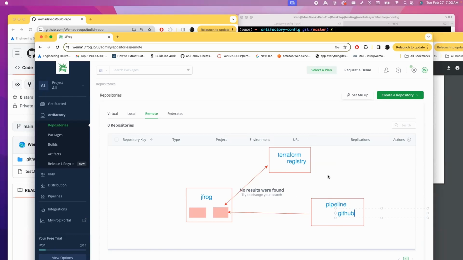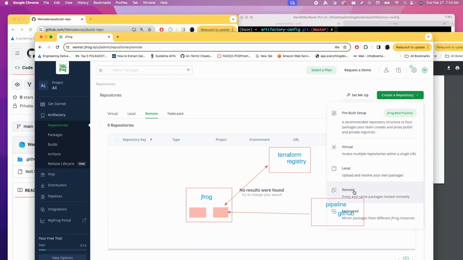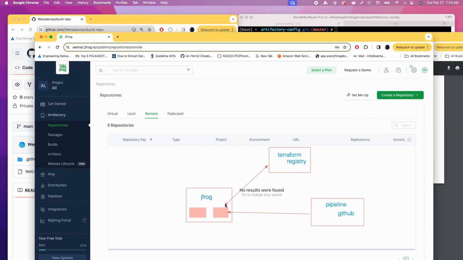But again, I was explaining the fact that you can configure. All I had asked about was what these proxies or remote registries are. So what are mirrors? So I was explaining you can configure a repository that is a mirror, right? A repository that is a proxy, which is called a remote. So Terraform is remote, but I can configure a mirror of Terraform within my JFrog. So therefore, if my pipelines wanted to call a module from the Terraform registry, I will not call it directly, right? I will still use JFrog, call the module from JFrog, but JFrog will pull it from the registry, scan it. Once it scans it, if that module passes the scan,